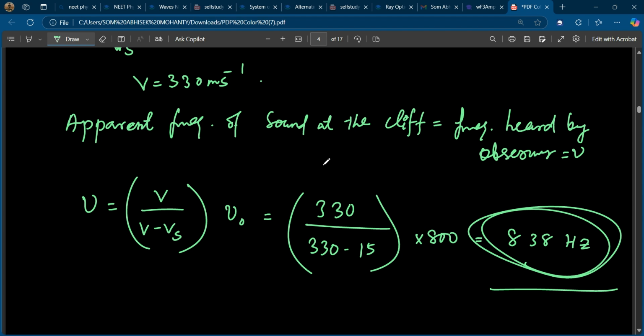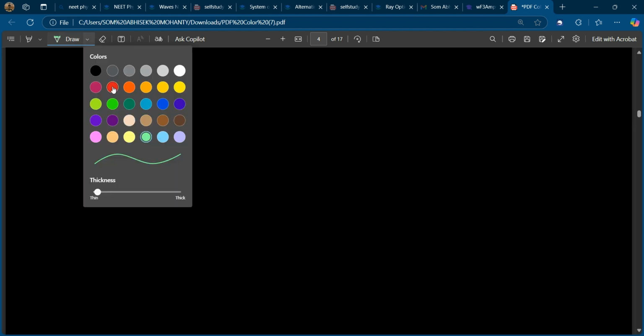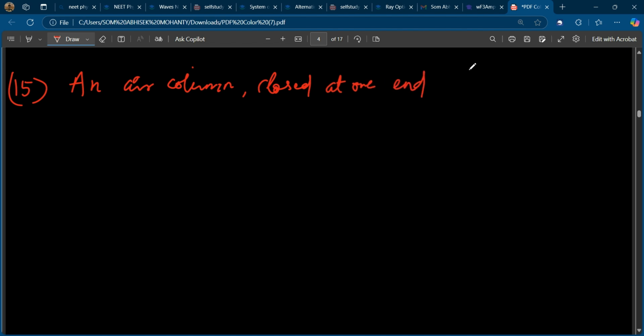This will be the last question in this waves chapter because we have done enough of waves. If you solve all these 15 questions, you'll get an idea of what kind of questions come from waves. No need to do more. An air column closed at one end, you can see a similar type, and open at the other end,